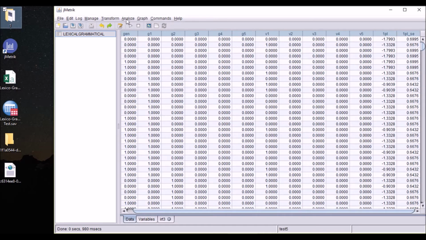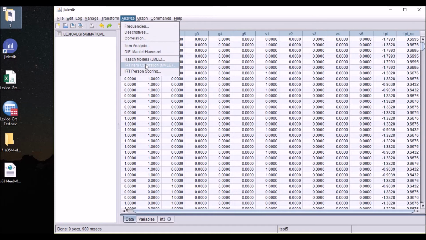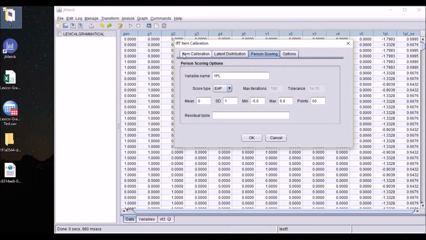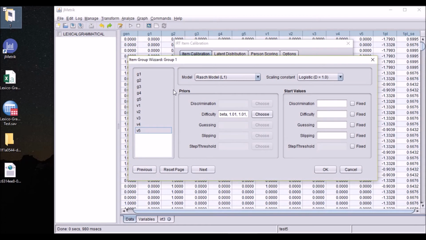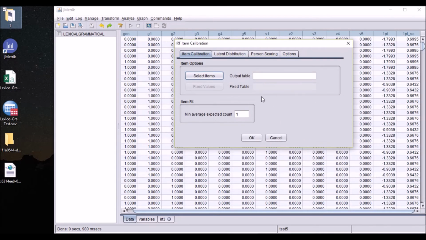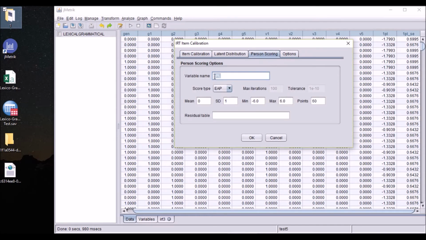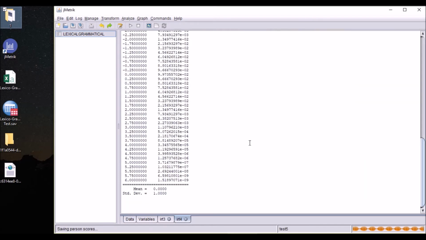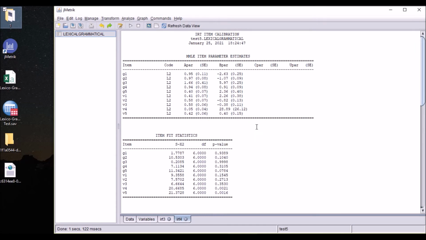Next, I'll go back to Analyze. I'll go to IRT again, Item Calibration, select items. I'm going to select all of them and run a 2PL analysis. Click OK. I go back to person scoring and change this 1PL to 2PL. And click OK. Good. So this time around, as you see, the A parameter, which is item discrimination, has been